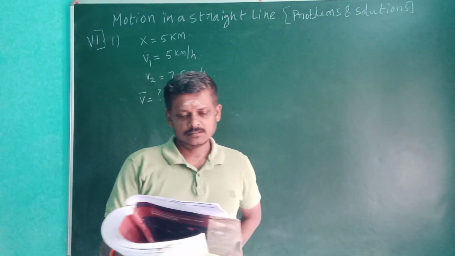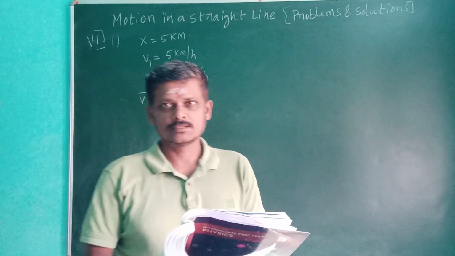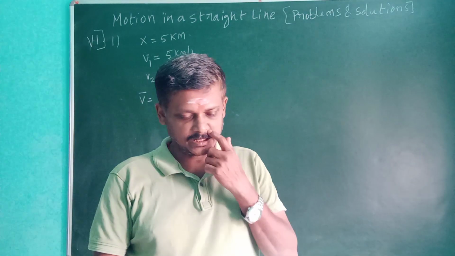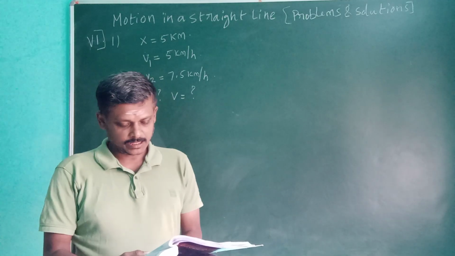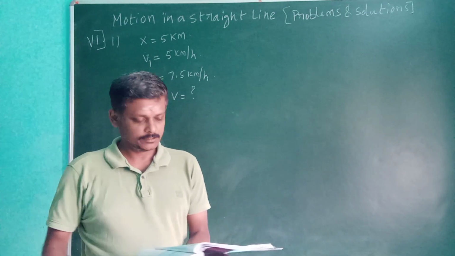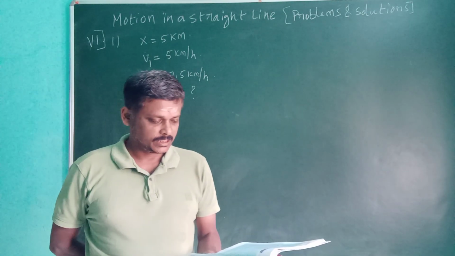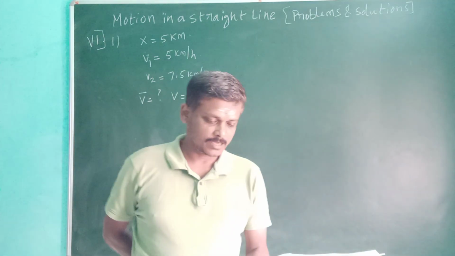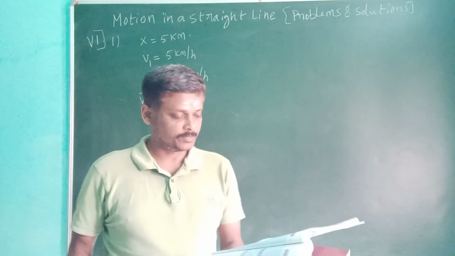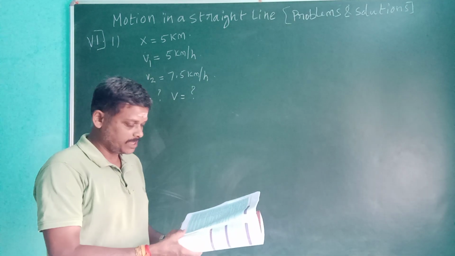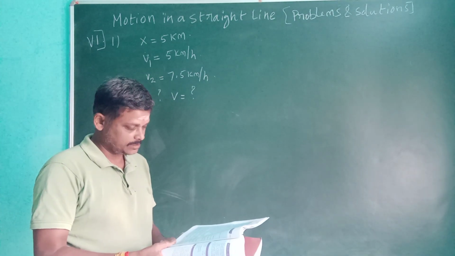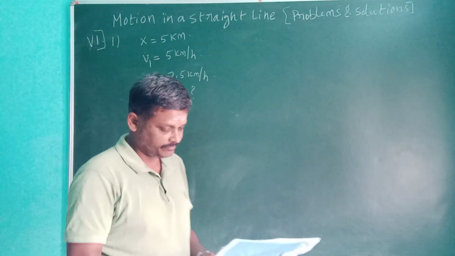Question number 1 under Roman 6. A man walks on a straight road from his home to a market 2.5 km away with a speed of 5 km per hour. Finding the market closed, he instantly turns and walks back home with a speed of 7.5 km per hour. Find the average velocity and the average speed of the man over the time interval 0 to 50 minutes.